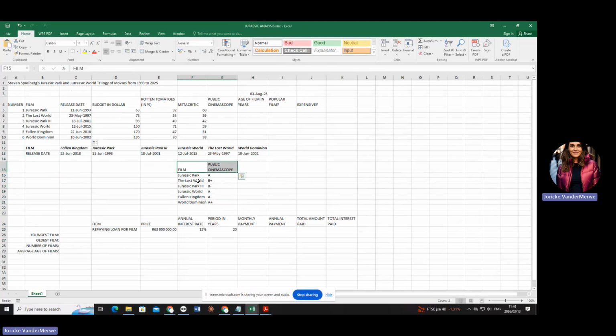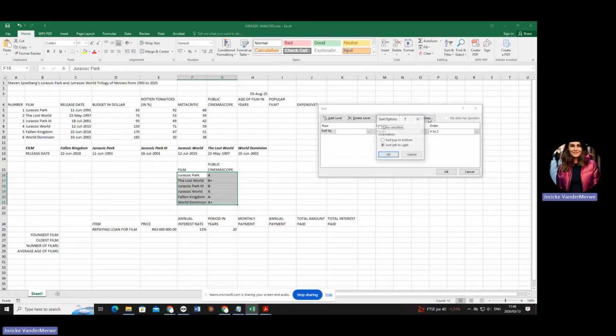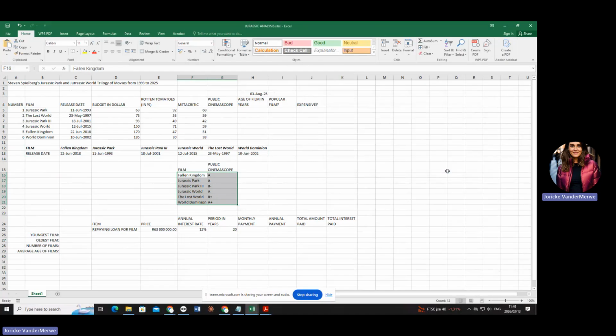I don't include my headings. I have to go to home. I need to make sure that it's sorted. It is a VLOOKUP, so it needs to be from top to bottom, and I'm doing it according to the first column, which is F. And I say okay. Are you with me?